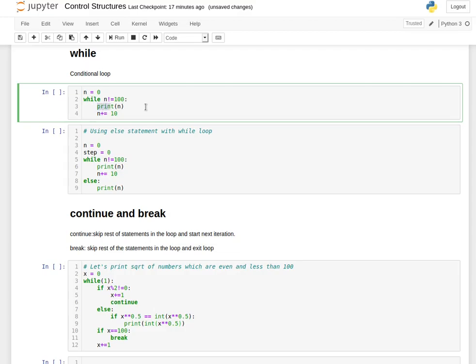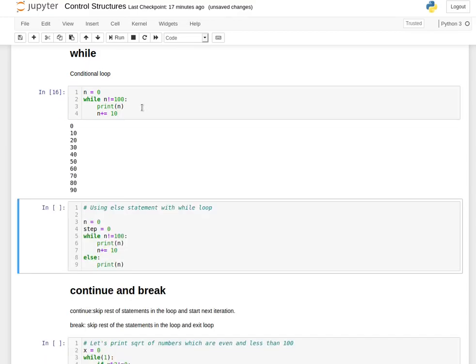So I'm just printing the number and increasing it by 10. That is, I'm trying to print over here 0, 10, 20, 30 and so on, or basically stepping ahead by 10. So you can see 0, 10, etc. 90.